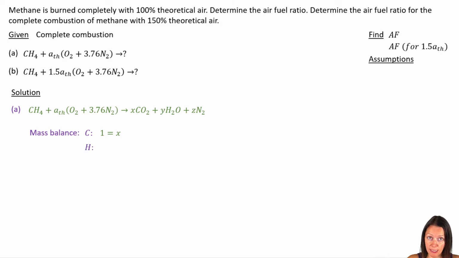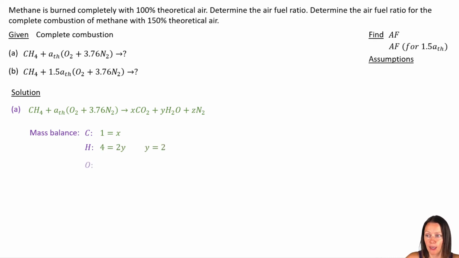So on the left-hand side, I've got 4 hydrogen in that methane molecule. And on the right-hand side, the only place that hydrogen shows up is in H2O. So I've got a Y in front of the H2O, but I've got a subscript 2 in the H2O. So the number of hydrogen that I have on the right-hand side is actually 2Y. So the balance gives me 4 is equal to 2Y, and of course I can solve for Y,